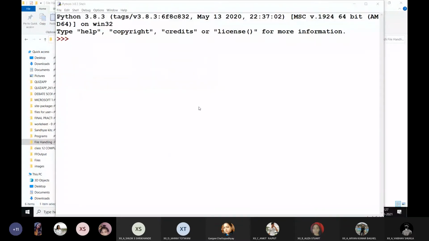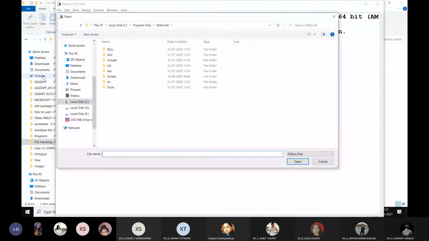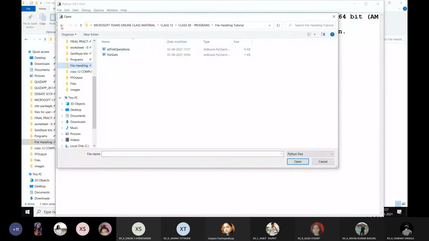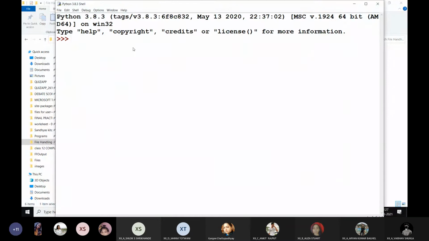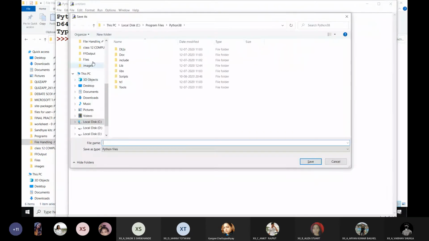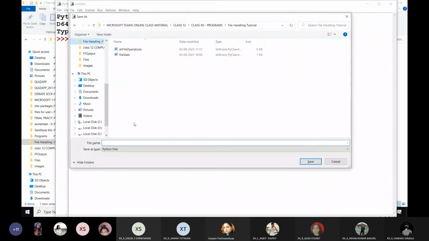So let me open, I'm going to create a new program over here. So instead of open, I'm going to choose new, Control S for save, and I'll go to my folder and just type here read from file demo.py.